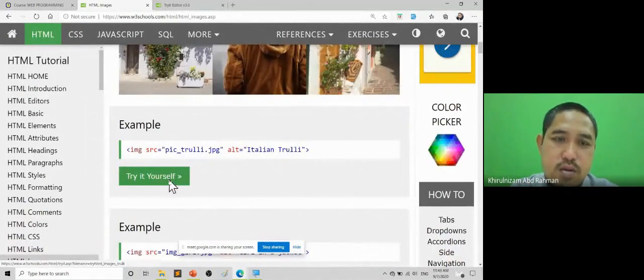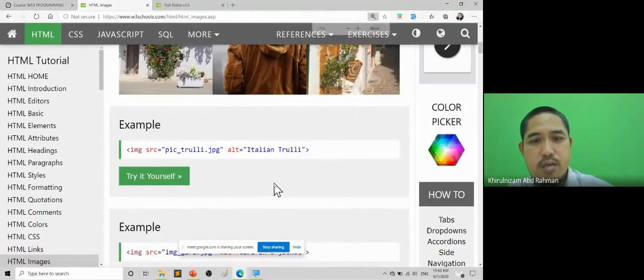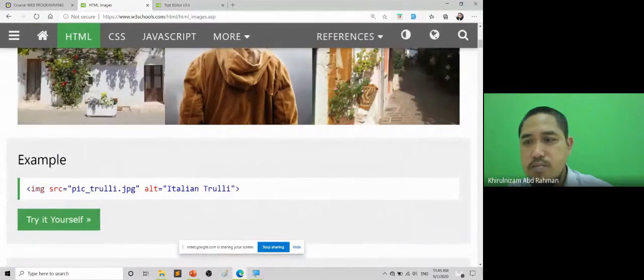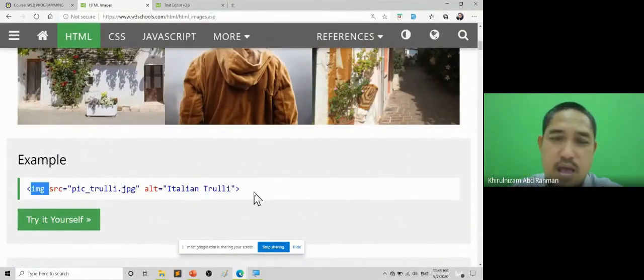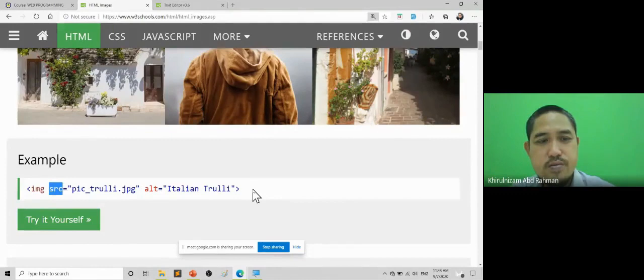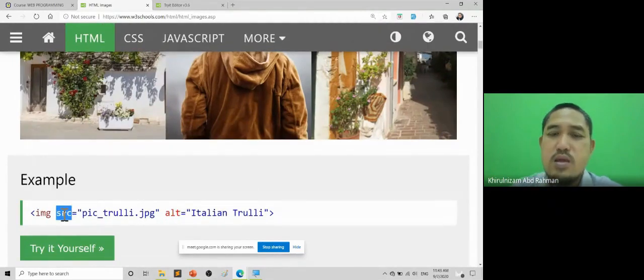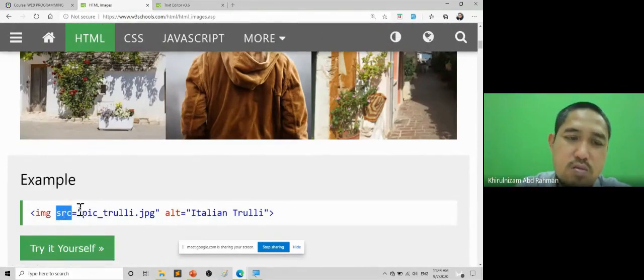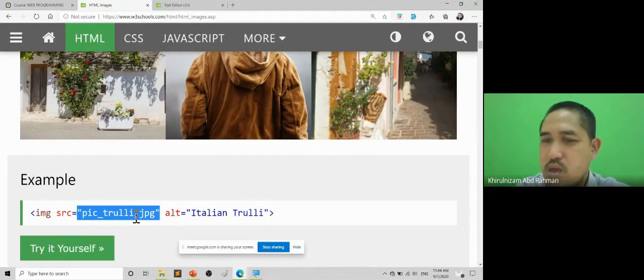Try it yourself. An image can be embedded inside the HTML page by using the img tag. src means source, and you need to mention the file name with the extension, whether it is JPG or .png